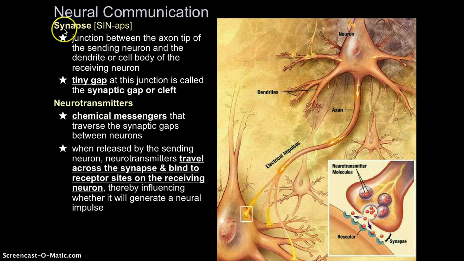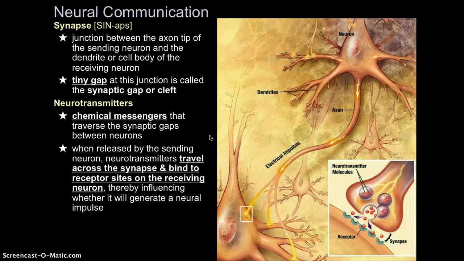Okay, so here we've talked a little bit about the synapse, and this is a more textbook definition if you want, but if you look here at the picture, you can see this is a gap between the terminal branches and between the receptors of the dendrites, where the neurotransmitters jump the synaptic gap and enter into the next neuron. So neurotransmitters are essentially chemical messengers that traverse the synaptic gaps between neurons, and when they're released by the